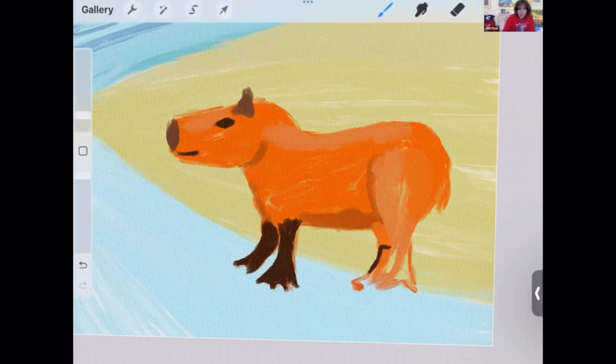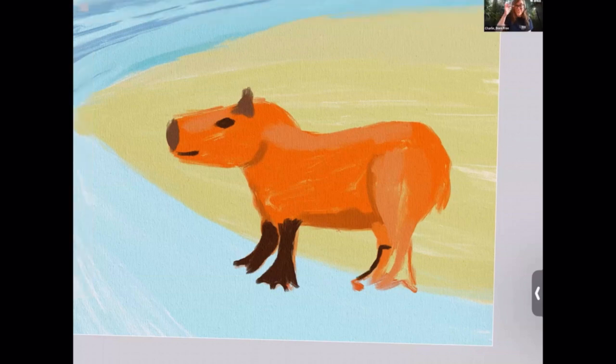They flap them down onto the top of their head to stop the water going in them, so that when they surface, they can hear really well again. Otherwise, they might be eaten by the jaguar that's swimming behind them. So absolutely. If you notice on John's painting as well, not only are their ears on top